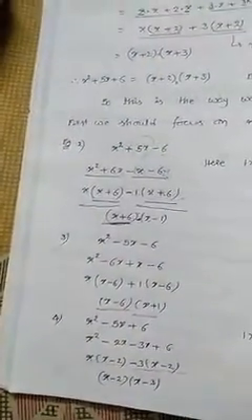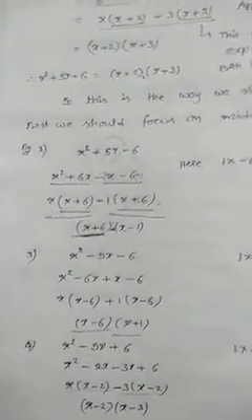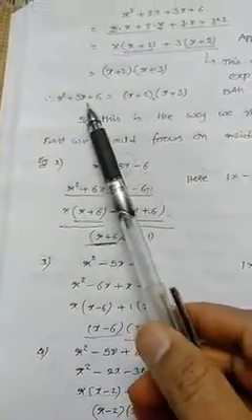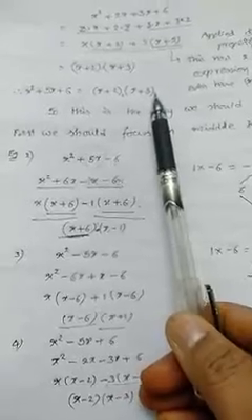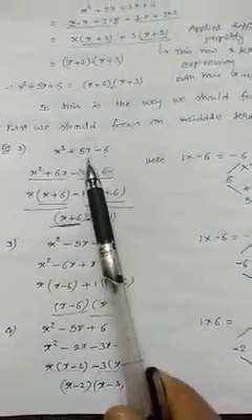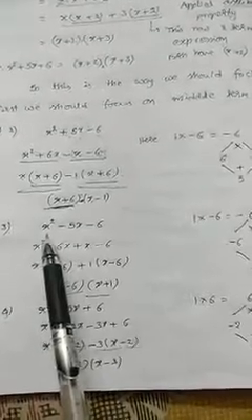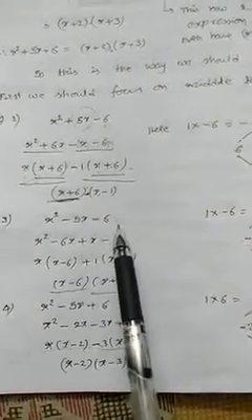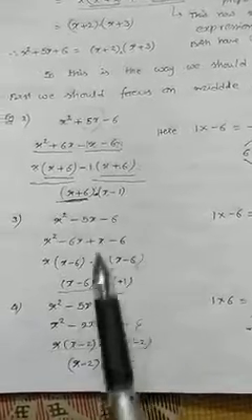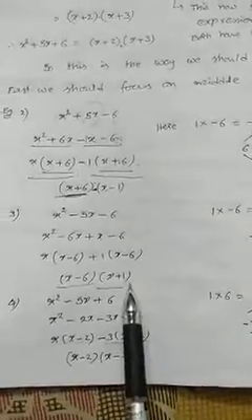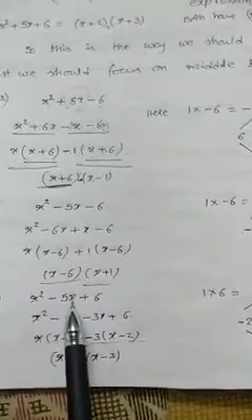So finally what I want to say is, I took here totally 4 sums with the same numbers, only plus and minus changed. See the first sum, x square plus 5x plus 6, x plus 2 into x plus 3. Here x square plus 5x minus 6, so the answer changed into x plus 6 into x minus 1. Now x square minus 5x minus 6. Numbers are not changed, only plus or minus changed, but the final answer is changed, x minus 6 into x plus 1. Now x square minus 5x plus 6, x minus 2 into x minus 3. So this is the way you have to factorize it.